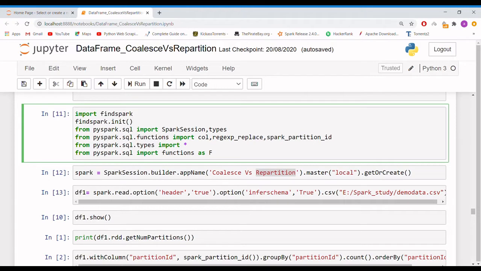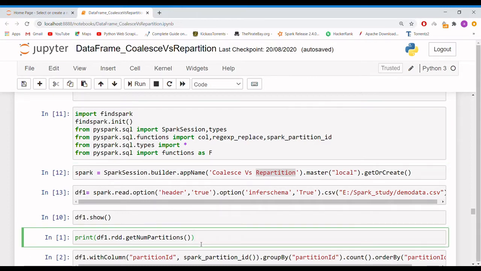In the previous videos we have seen different types of Spark operations on the data frames. In this video we are going to see an in-depth explanation of coalesce and repartition. So what exactly do coalesce and repartition do, how are they going to affect the data frame, and which one is better from a performance perspective? We are going to see all these things, and before going into the programmatic explanation, I will give a brief idea about what coalesce is and what repartition is.